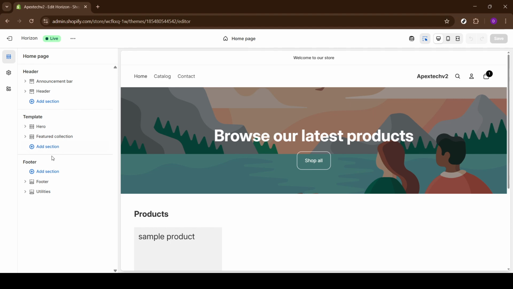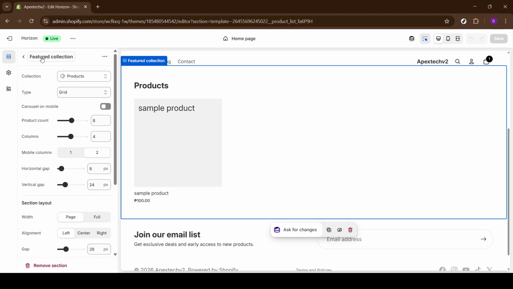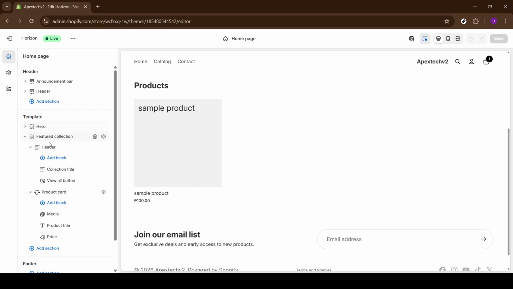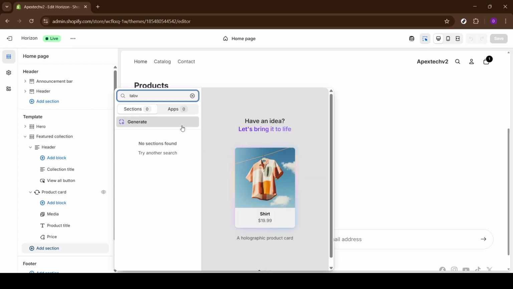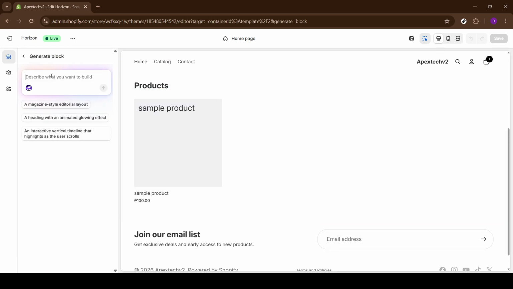In the sections for product description, look for an option to enable tabs. If your theme doesn't natively support tabs, you may need to install a Shopify app that allows product tabs. Once tabs are enabled, configure each tab with a title, such as Description, Specifications, or Reviews, and add the relevant